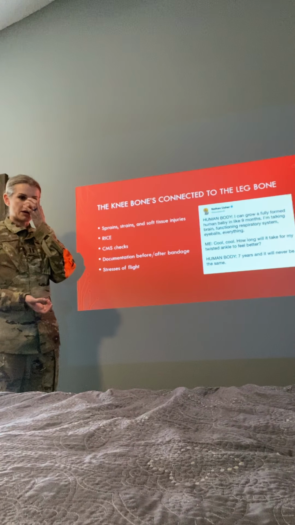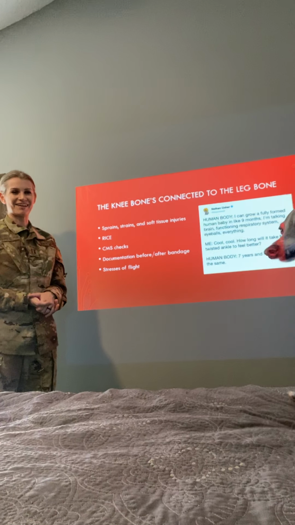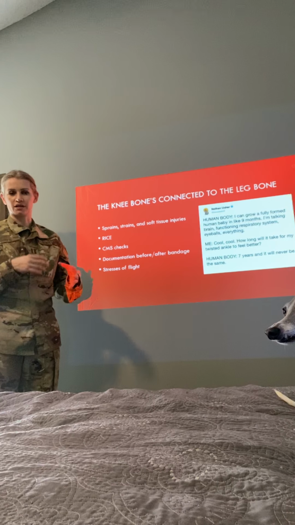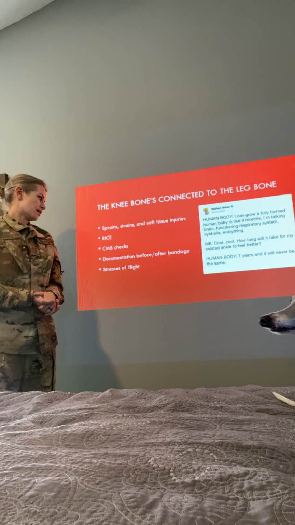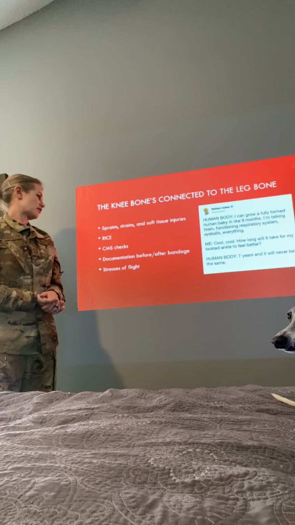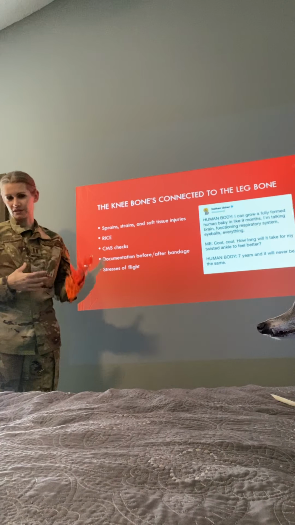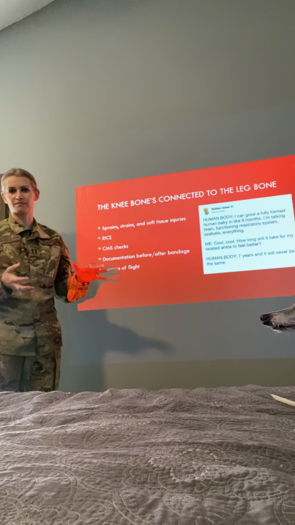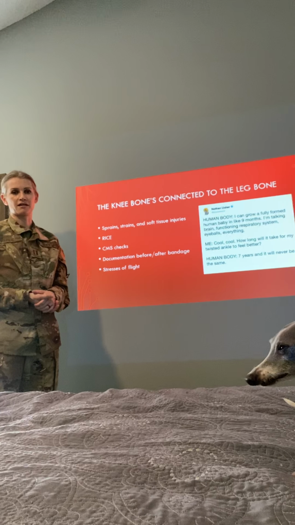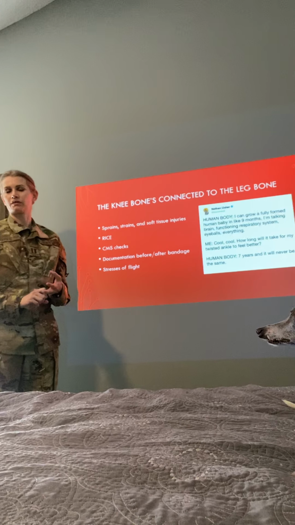Biggest thing with these, no matter how minor, it's always a good practice to do a CMS check. Make sure that you've got circulation, motion, and sensation in whatever area has been injured. And then any kind of intervention that you do, any bandage or dressing that you're placing, make sure that you document your CMS checks. Sometimes they're called PMS checks, pulse, movement, sensation. But you want to document that before and after you place either a sling or an ACE wrap or a